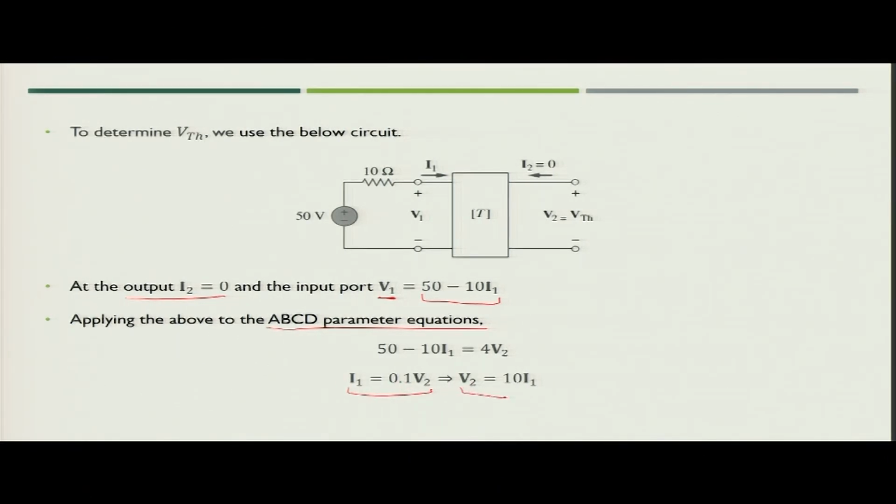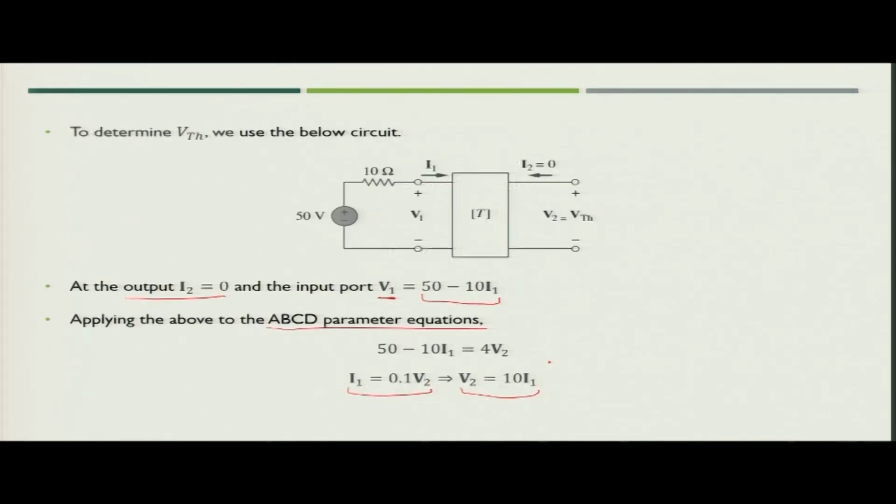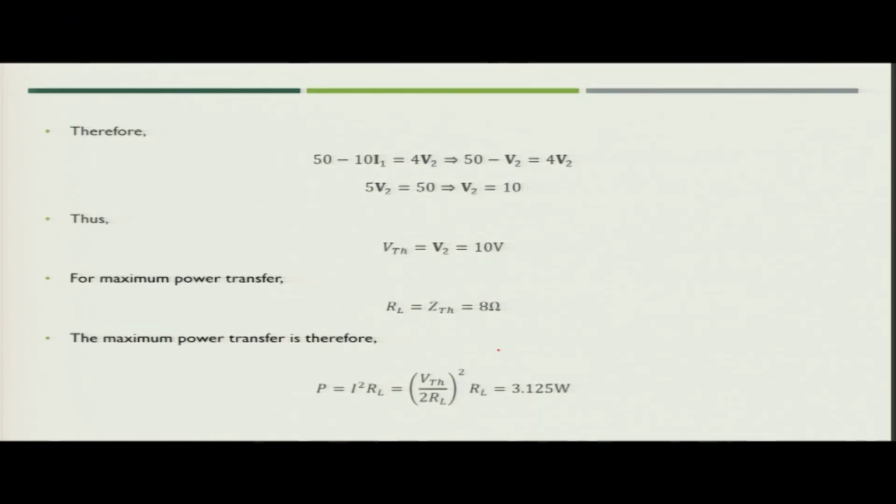This will give V2 is equal to 10 I1. Now, you put the value of V2 in this and simplify, and you will simply get the value of V2 as equal to 10. And V2 is nothing but the Thevenin voltage. So, we now get the value of Thevenin voltage as 10 volt,